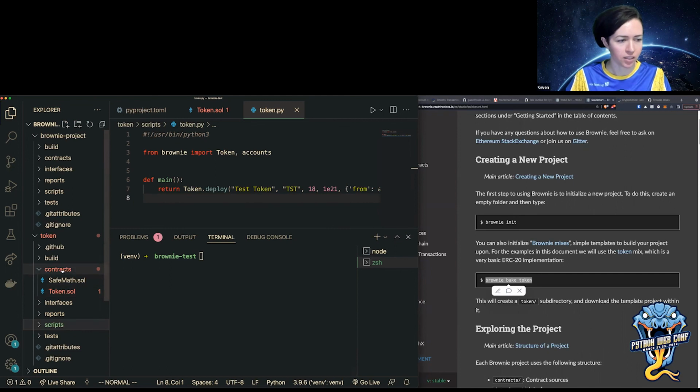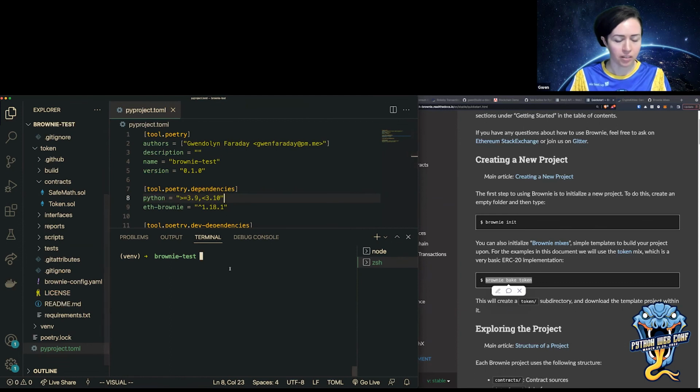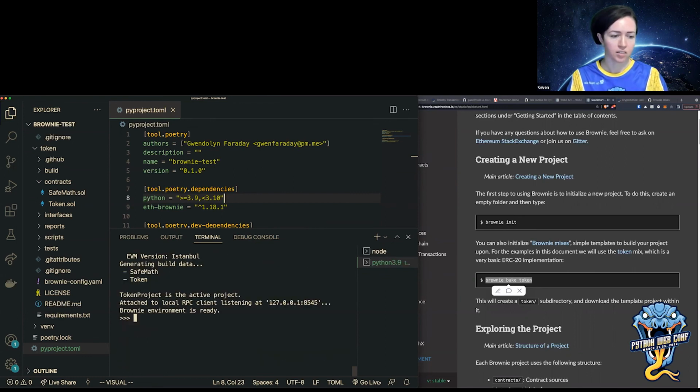So yeah, I don't really have time to go too much into Brownie. A couple of interesting things are, so let me go into the token one real quick. Well, first I can do the Brownie console. So if I go into the Brownie console, it's kind of like if you've used the Django shell, it gives me features to interact with my Brownie environment.